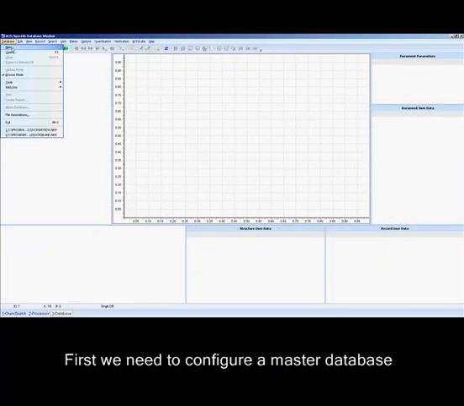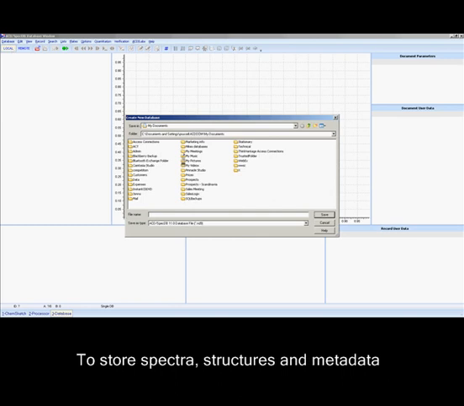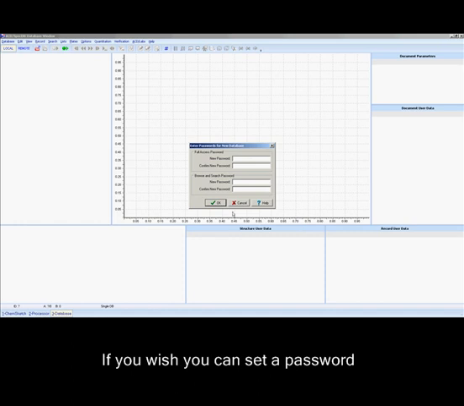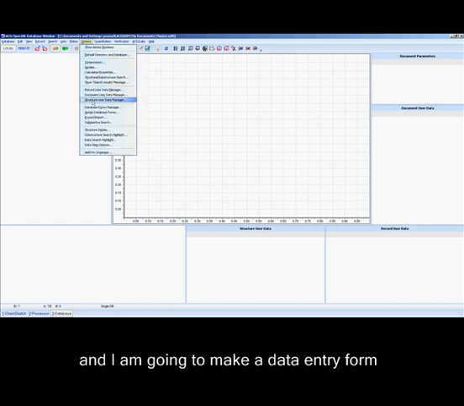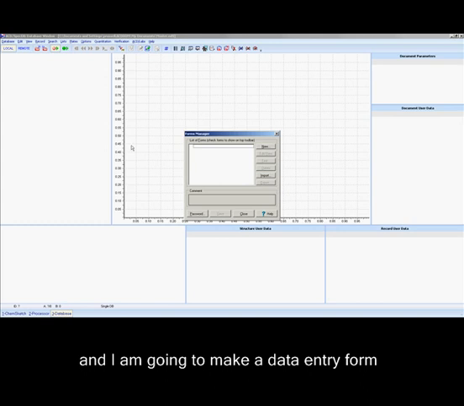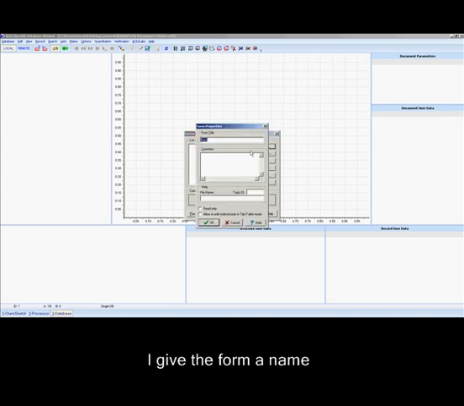First, we need to configure a master database to store spectra, structures and metadata about the sample. If you wish, you can set a password. Now my first task is to create some fields describing the sample points or sites, and I'm going to make a data entry form. I give the form a name